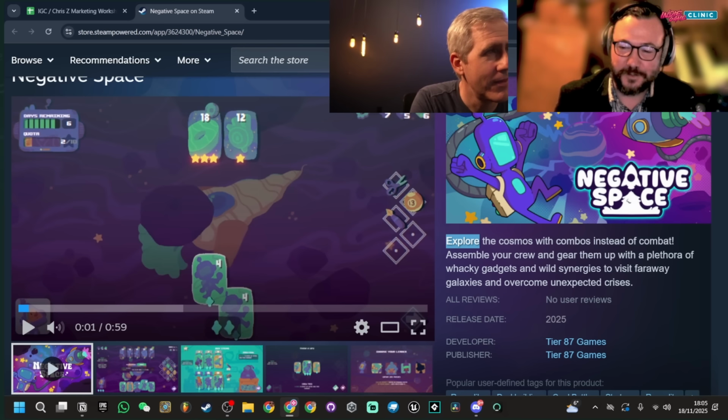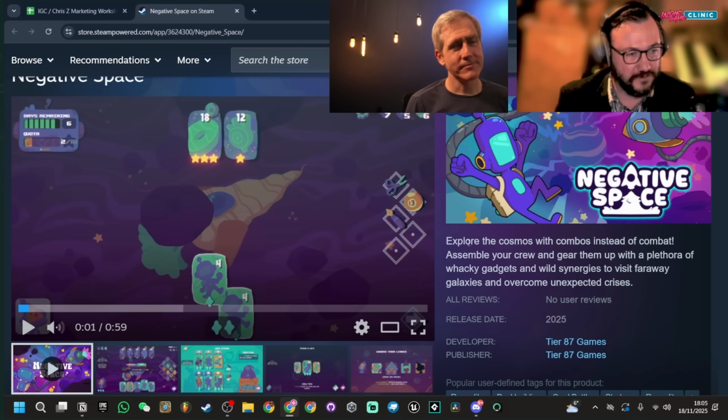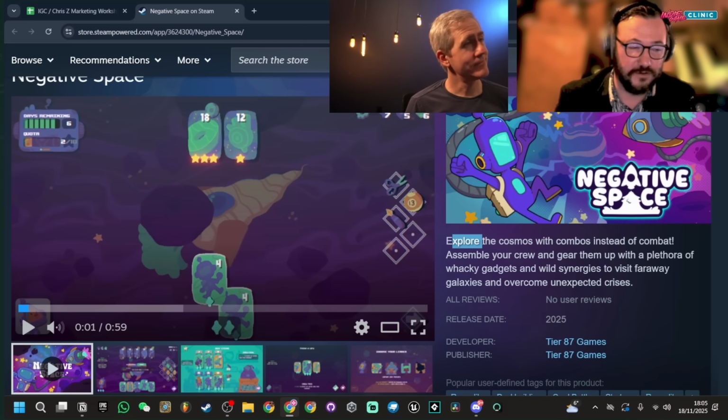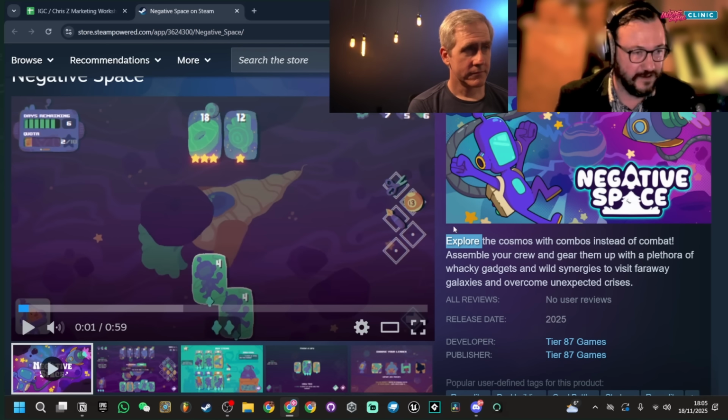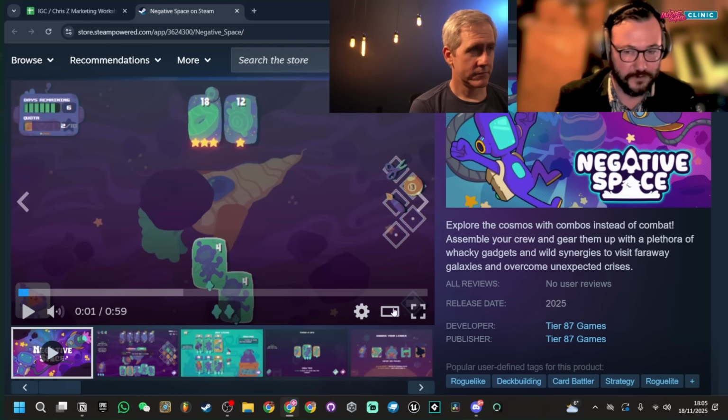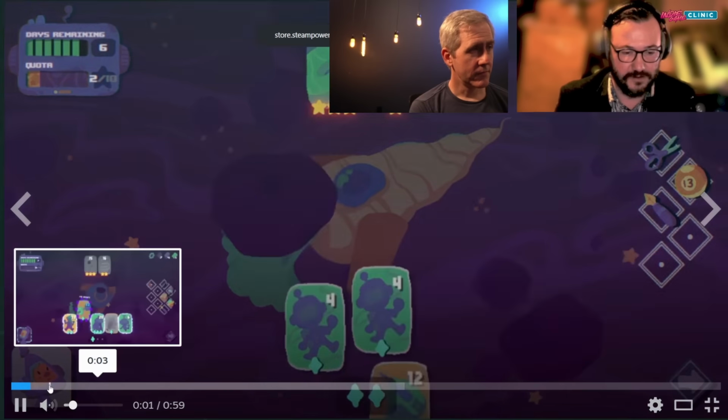Explore is a good top level kind of verb. It's kind of an exciting verb, but it does make us think of spatial things and walking around and everything. So I would reword this to use deck build as a verb, right? And be like, deck build your way across the cosmos with da-da-da, avoiding the confusion that people might get from thinking exploring is running around, which it's not in this case.